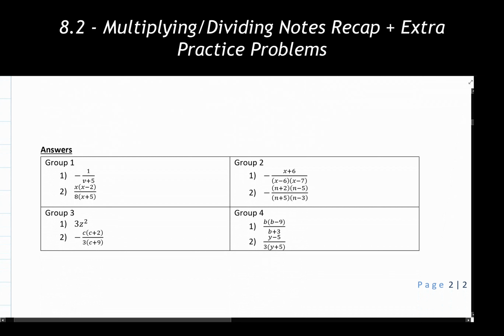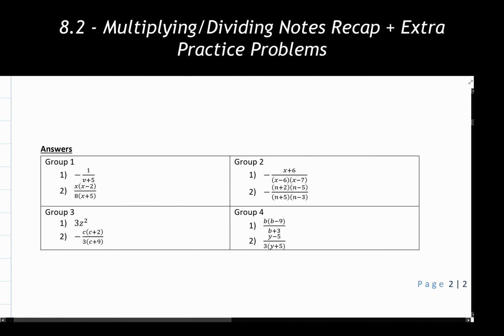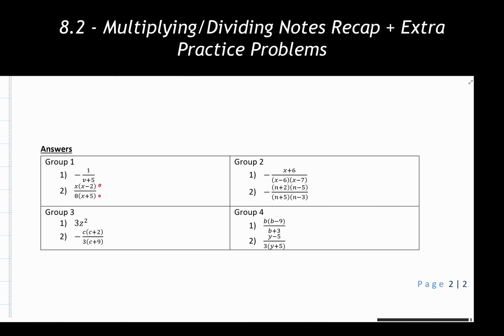We have our final answers written out here. I do want to note with these, again, all of these are written in fully factored form. If you are seeing problems in the textbook or other sites that you're going to and they do not have answers written out like this, they have everything multiplied together here, everything multiplied together here, and so on, just be aware that that's all they're doing. But for the purposes of what we're going through with this class, leaving your answers fully factored is perfectly acceptable.